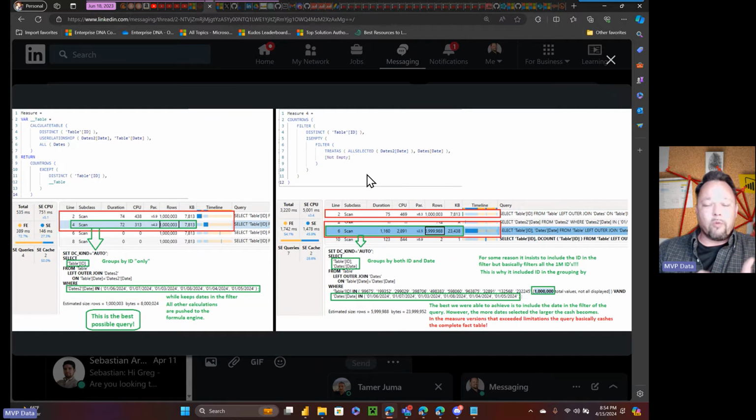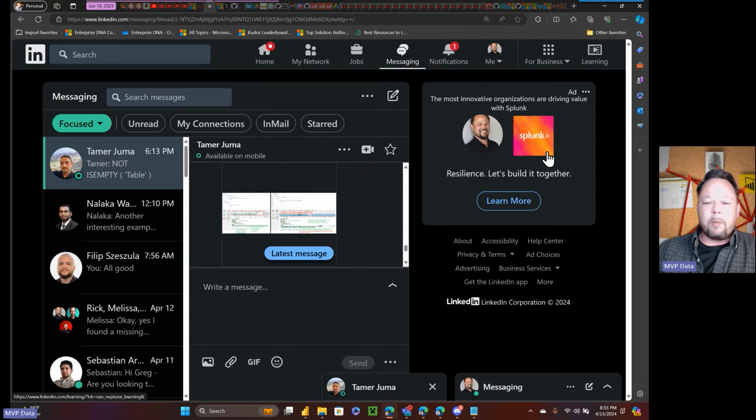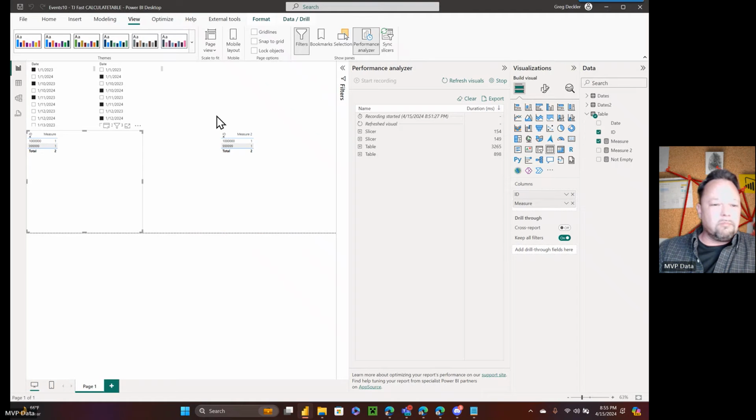It's very similar to how you write whatever SQL you want, as long as the SQL engine can optimize that to retrieve the data, the way that it figures out its query plan, then it's all good. It doesn't matter how inefficient your SQL is, as long as the SQL engine can optimize it. So I would never be so petty as to make that argument. This is a case where the no calculate approach just doesn't live up to what you can get with a calculate table approach, calculate table being the surrogate for calculate. So even I'm not as petty as to make that argument.